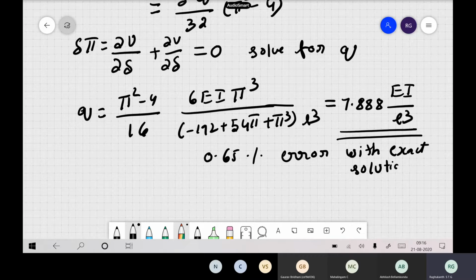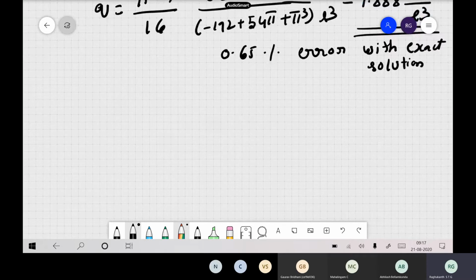You followed with the exact solution. So now you can see 0.65%, in civil engineering, it's nothing actually. So almost it is like an exact solution we have got. But previously, to get the exact solution, you have to write in terms of Bessel functions, so many things, and then we solved. But now in the energy method, it's a very, very easy thing, you assume. But the only thing here is the starting assumption, that assumption for the buckling mode shape has to be close to the exact one. So if you assume very close to the exact solution, your answers also will be almost exact.